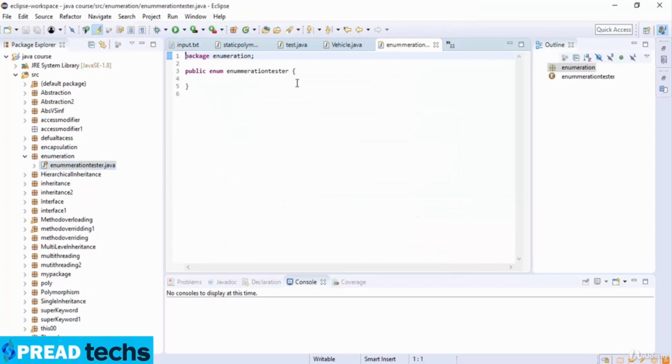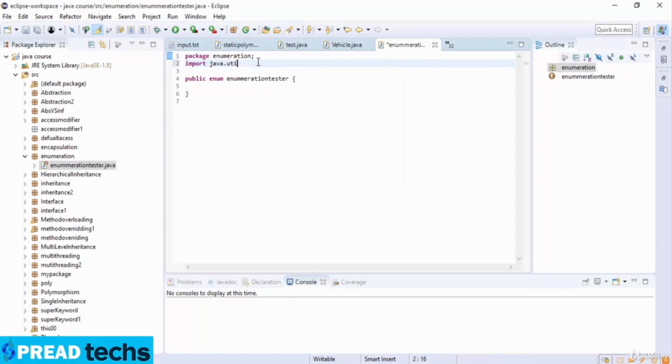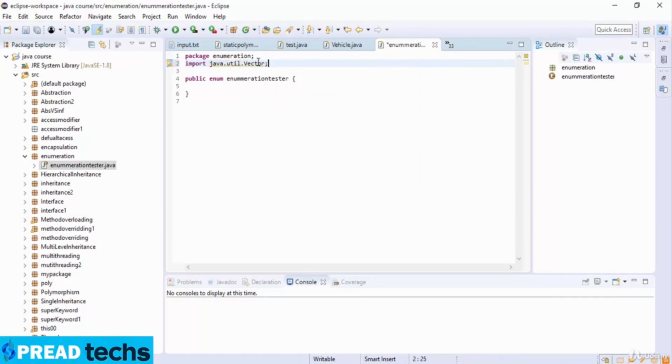So this is the enumeration class in Java, which is EnumerationTester, and this is our package name. And here I just import the library java.util.Vector,